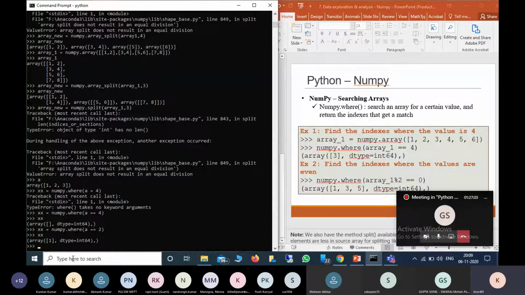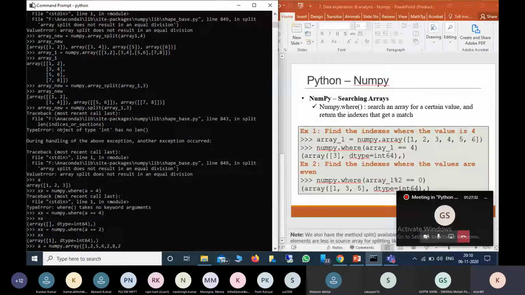And for example, there may be multiple occurrences, meaning repetition. For example, a equal to numpy.array([1, 2, 5, 6, 2, 8, 2]).